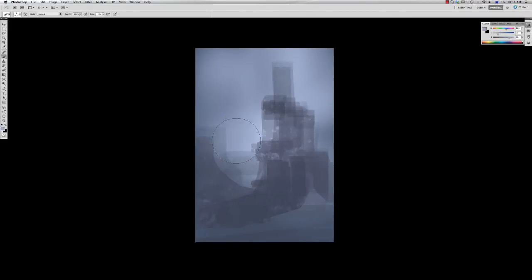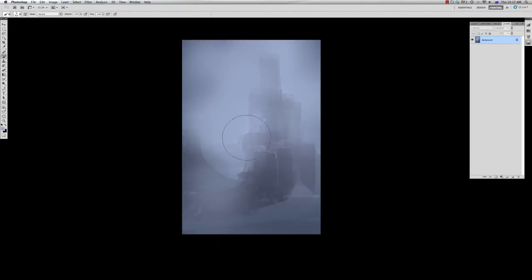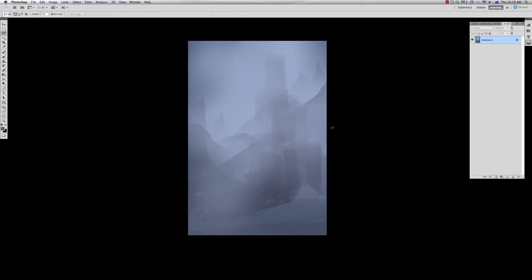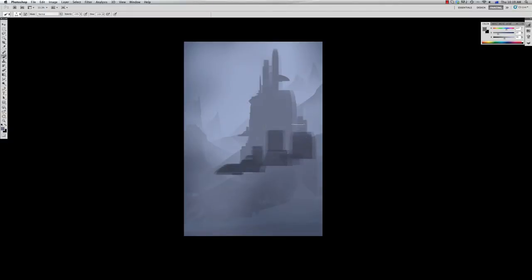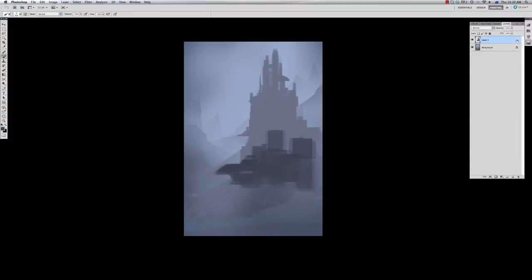And in the first part of the painting process, I'm just focusing on silhouettes. So I'm using the lasso tool to build up shapes and silhouettes of the mountains because I'm planning to paint a mountain castle. And as you see, I created a new layer for the castle, which is going to be my main focal point. And this way I can keep this as a separate silhouette,